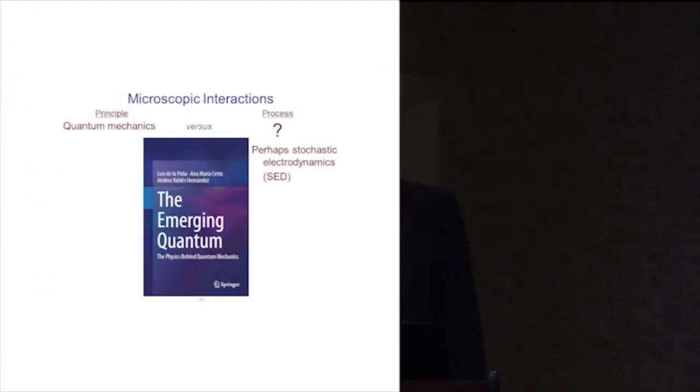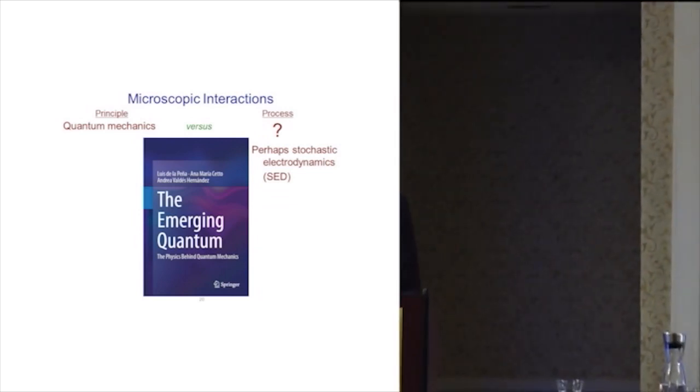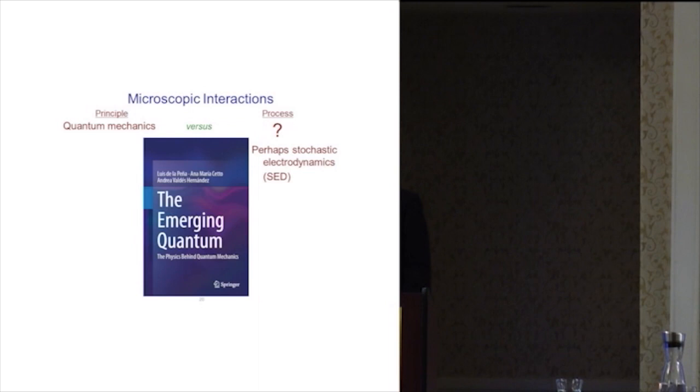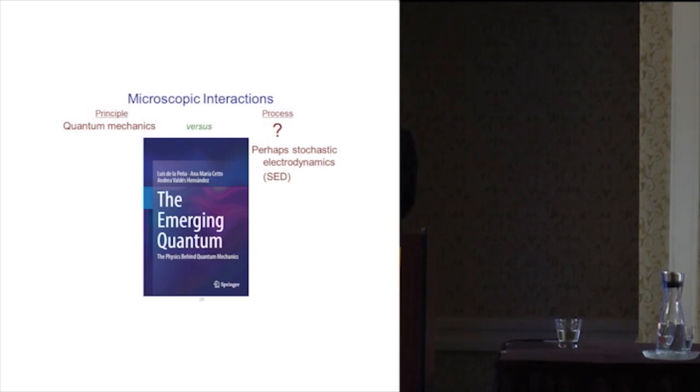So therefore, if we want to make our principle versus process, we have quantum mechanics as the principle. What the devil is the process? So there have been a number of theories that have been proposed. One that I particularly like is stochastic electrodynamics. And stochastic electrodynamics says that the world is actually classical with the addition of zero-point fields. So zero-point fields are all over the place, and they cause a jiggling, and that jiggling is what we interpret as quantum behavior. And this was developed originally from some ideas by Einstein.